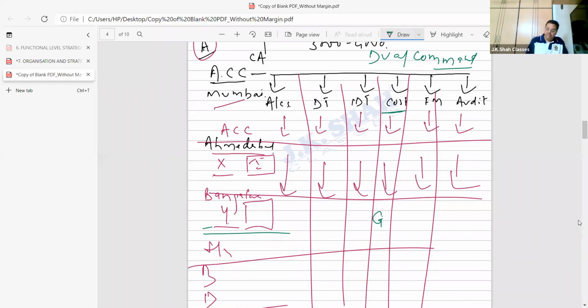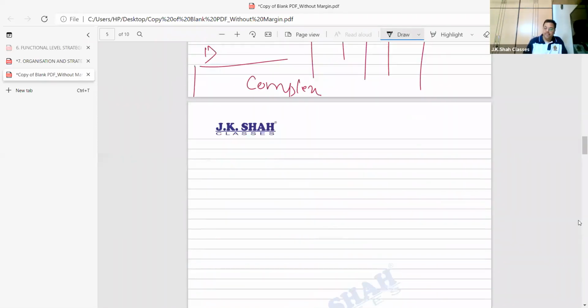Now the next one we have, did everyone write it down? Employees, yeah. In the matrix structure, employees are like machines only. The reason is very simple, beta. Once you become like a machine, for the boss it is very good. Boss doesn't want you to become a specialist, because then you can become his boss. So he always wants you to be dependent upon him.